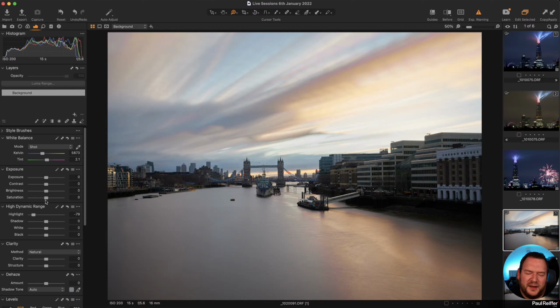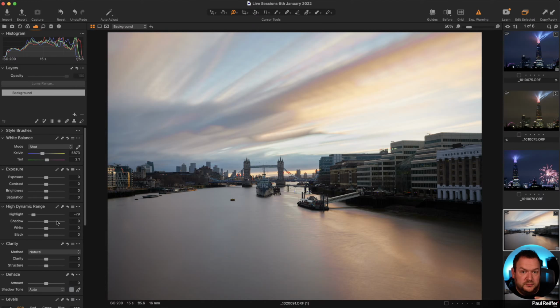Be careful now that Capture One allows you to do HDR blending. It doesn't negate the existing tools. It was a bit like when dehaze came out. Everyone was dehazing everything. And the temptation is, well, it works, it does the job, so great, we'll use dehaze on every single shot that we ever take. Same with HDR. So you do not need to shoot bracketed in a lot of situations, especially if your camera has a decent dynamic range. And in this case for Claudio, it does. We can see how much we can recover with just the existing high dynamic range tool.